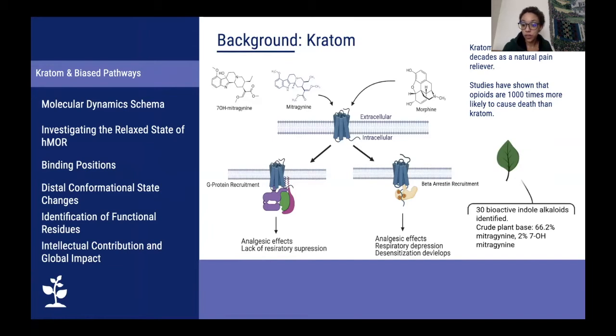Within the leaf itself, there have been 30 bioactive indole alkaloids identified and isolated, but I chose mitragynine and 7-hydroxymitragynine because mitragynine is heavily prevalent within the plant itself. They have both been found to be highly psychoactive, and they're about 40 times more potent than morphine, specifically